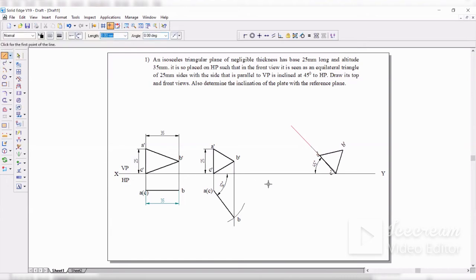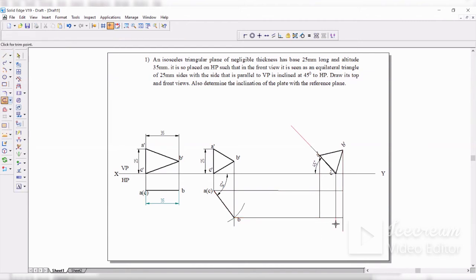Okay. Now what I can do is you can draw the dimension lines down, one like this. Okay. Then one more like this. One more like this. Then you can draw lines from the respective points. So you can trim the unnecessary lines and then you can name the corners first. So this is A is meeting here, so this becomes A, and this becomes B, and this becomes C.